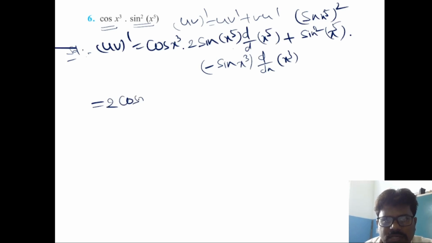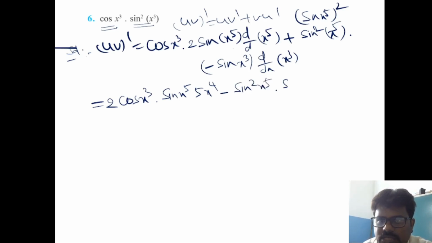So now cos x cube into sine x power 5, and here x power 5 differentiation 5 into x power 4, and here we have minus, plus becomes minus, and here sine square x power 5 sine x cube, and differentiation of this x cube will be equal to 3x square. Okay, so here